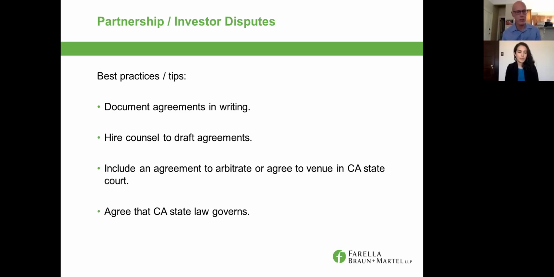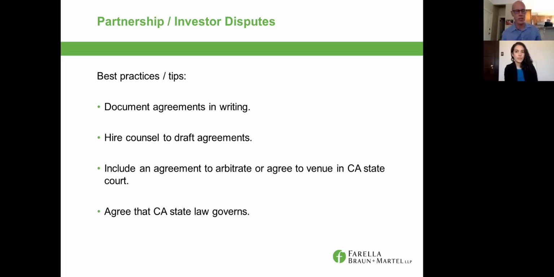Third, include an agreement to arbitrate or agree to venue any disputes in California state court. And the reason to do one of those two things is to avoid this problem of federal courts possibly not enforcing cannabis agreements. Now, I actually think that arbitration is probably the safest place to be because an arbitrator is not going to have any concern about representing the state or the people or the judiciary or anything like that. So